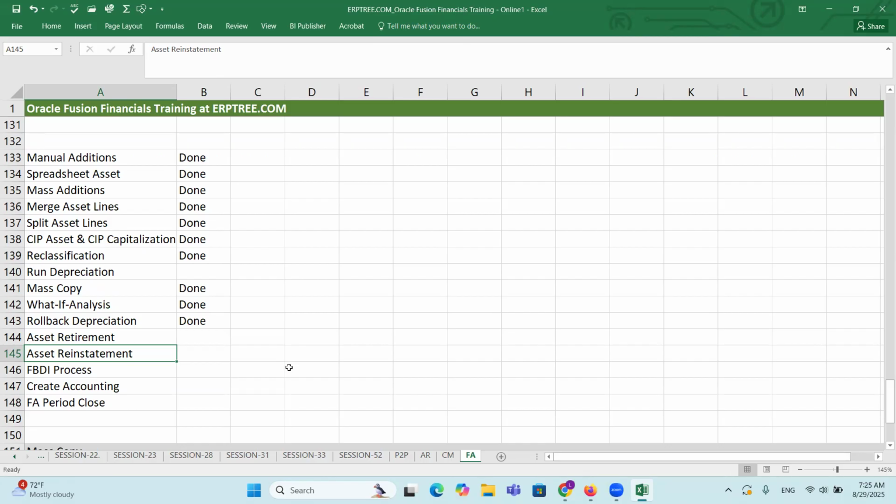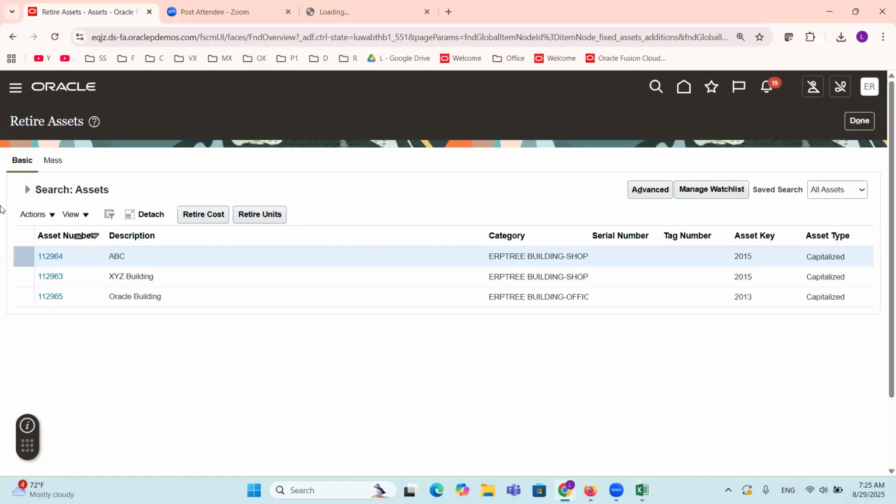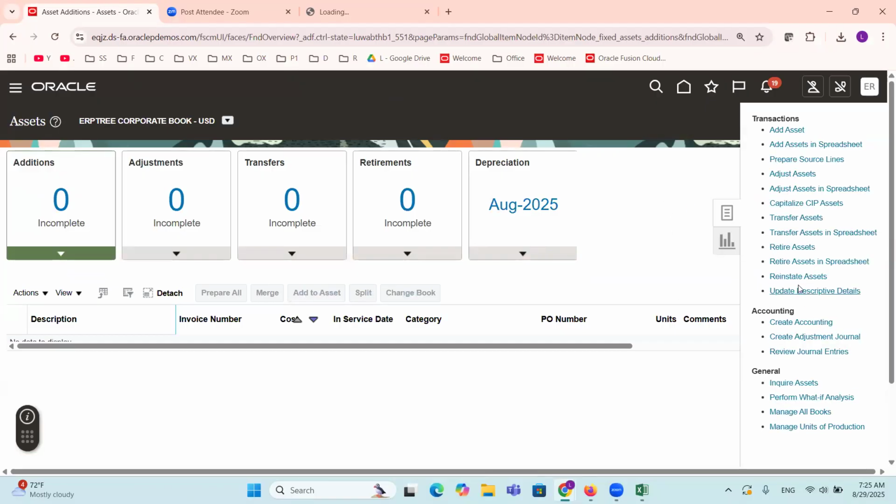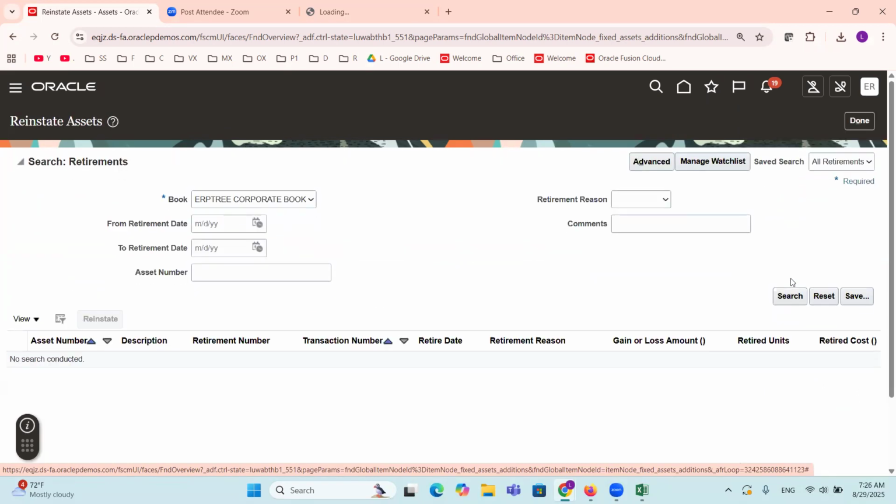It's all about undoing the retirement. If you want to undo the retirement, for the assets that were retired, you can find the reinstate assets task. Click on reinstate assets